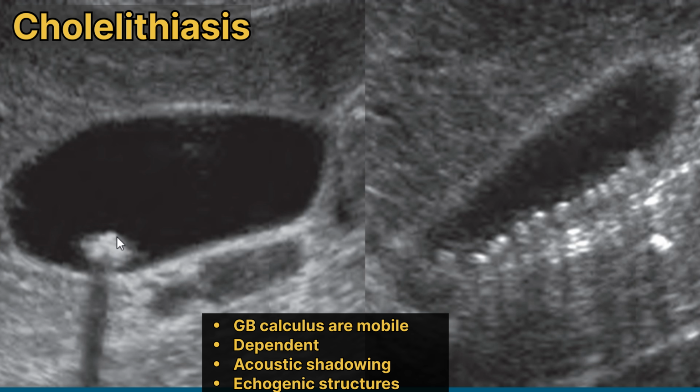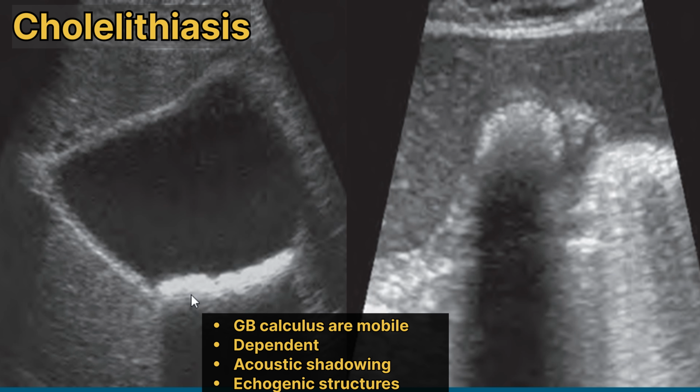Now here we can see that this is the echogenic foci, that is the gallbladder calculus, showing clear acoustic shadowing. But if we change the patient position, then this gallbladder stone will change its location with the patient positioning. In this sonogram, we can see multiple stones that are layering in the dependent portion of the gallbladder and showing prominent acoustic shadowing. But here we can see multiple small stones that are layering in the posterior gallbladder wall, that is the dependent portion of the gallbladder, and showing the prominent acoustic shadowing.